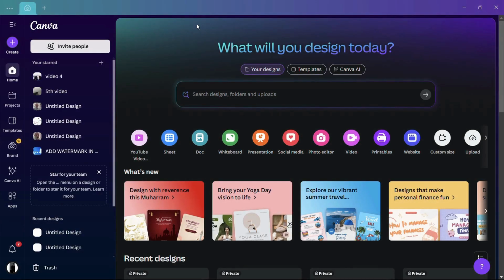How to create an Instagram post using Canva. So hey guys, in this tutorial I'm going to show you how you can create or make any Instagram post using the Canva application. So as you can see, I am currently in Canva desktop, and in order to